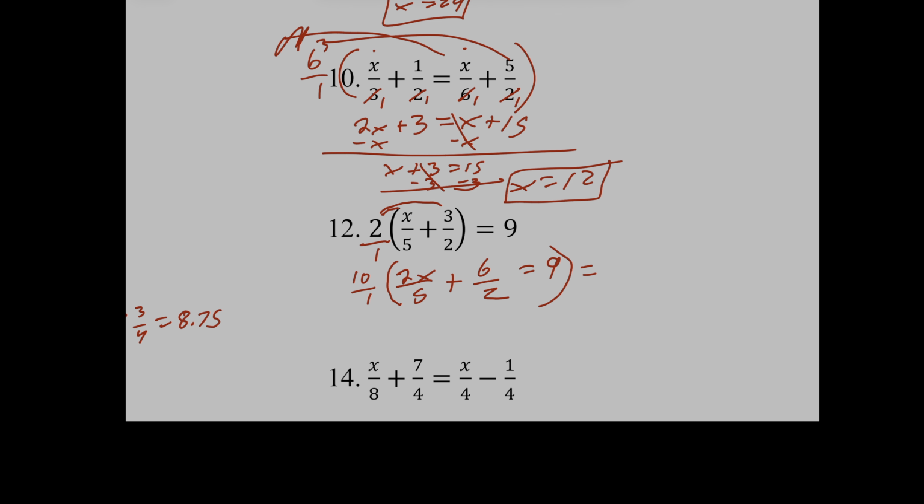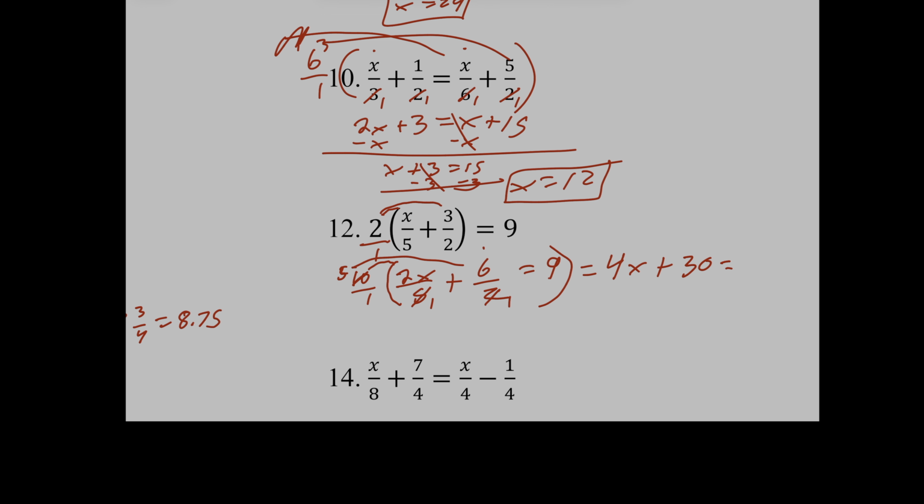I'm going to write it to the right because I wrote kind of big here. So I'm going to write it over here. 5 goes in the 5 once, 5 goes in the 10 twice. 2 times 2x is 4x plus. Now I'm going to do this term. 2 goes in the 2 once, 2 goes in the 10 5 times. 5 times 6 is 30